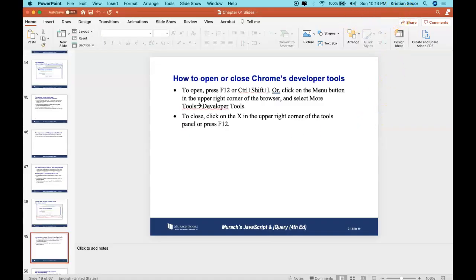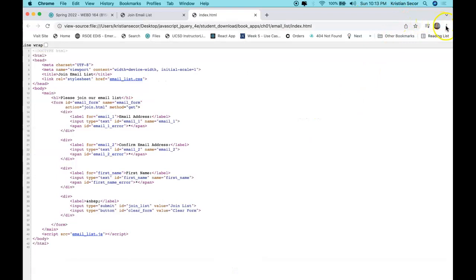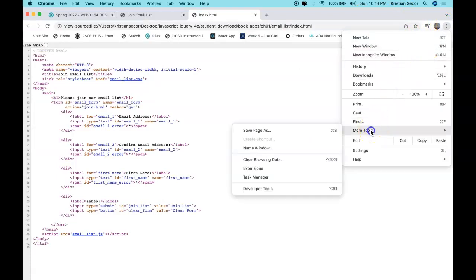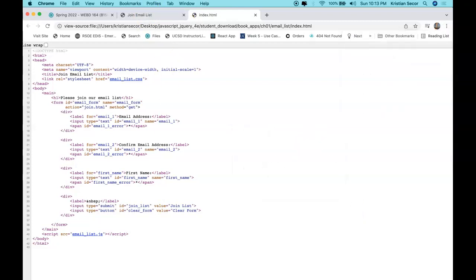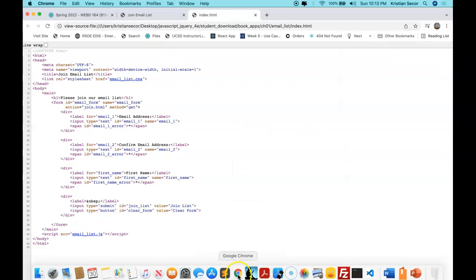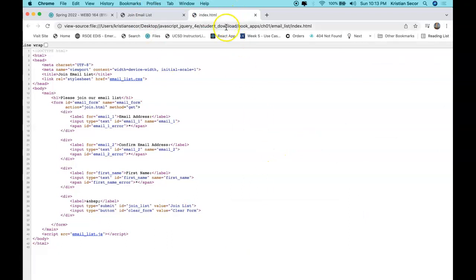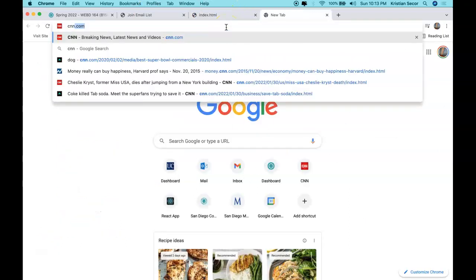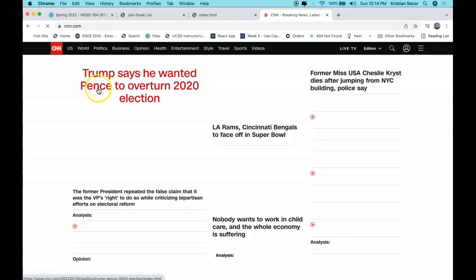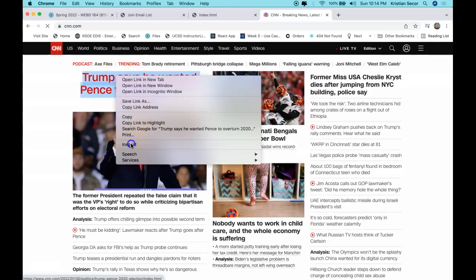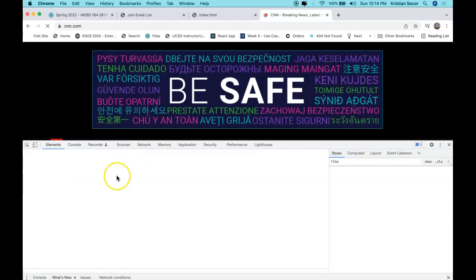For me, it's just easier to go into Chrome like this and click the three dots, do More Tools, and just do DevTools. This is Shift-Command-I. It's another way to do it, but get used to that. I hope you get to a point where you're using the tools for everything. Like, let's say you go into CNN and you go inspect,